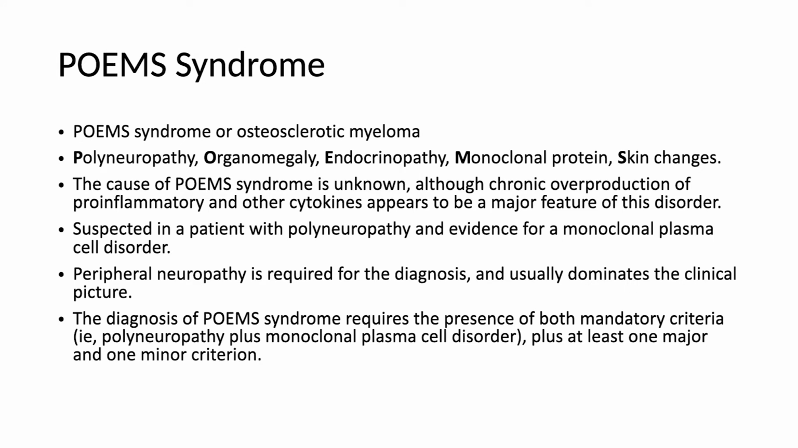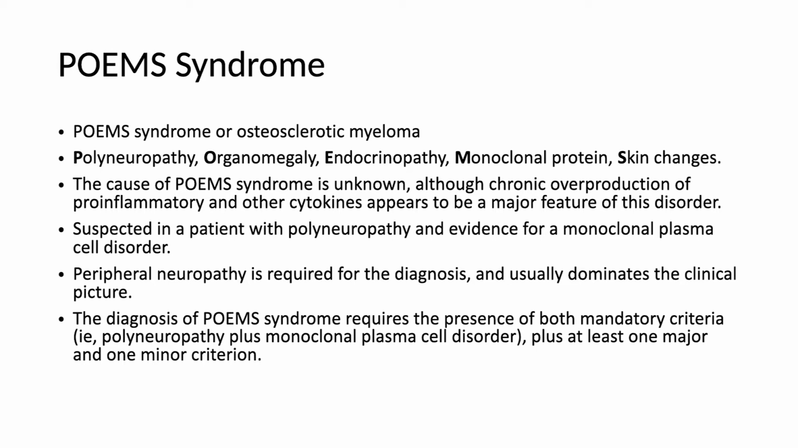POEM syndrome. It's rare, but it's important to know because it can be very confusing. We all hear that multiple myeloma can cause lytic lesions, but the lesions here are osteosclerotic. So that's why some people call it osteosclerotic myeloma. It consists of polyneuropathy, organomegaly, endocrinopathy, monoclonal protein, skin changes. The cause of POEM syndrome is unknown, although overproduction of inflammatory cytokines seems to be playing a role. And